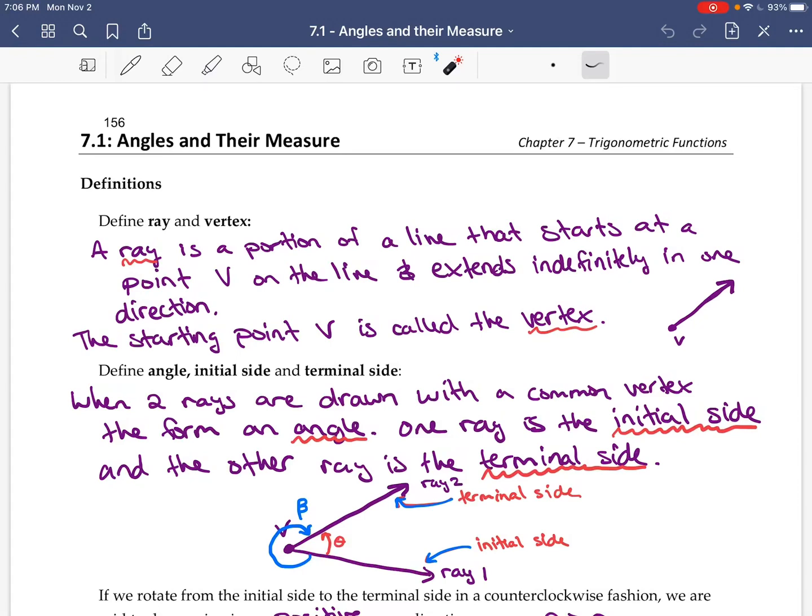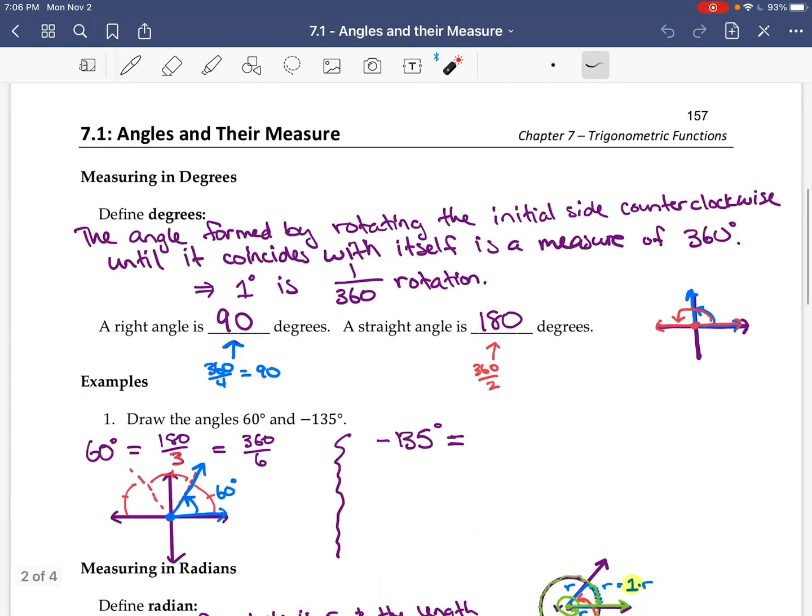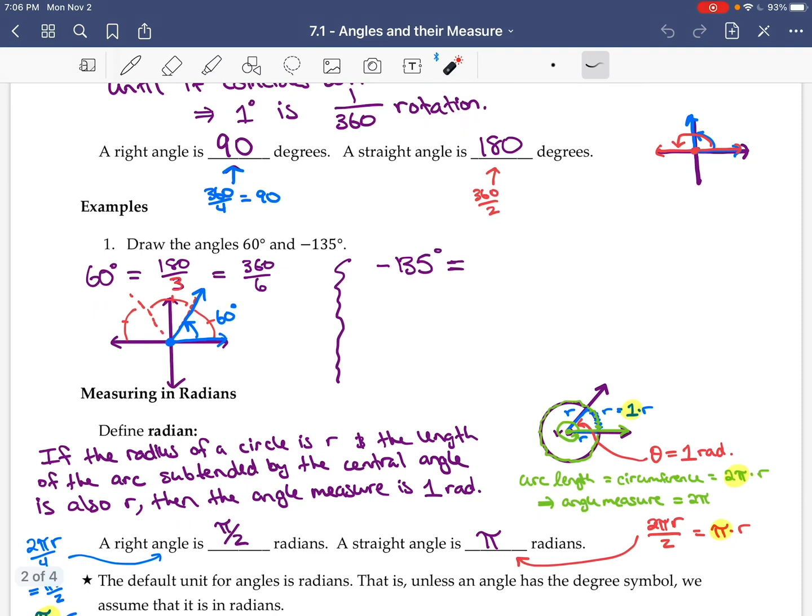In this video, we're going to do a couple of extra examples dealing with angles and how to measure them. So let's start. We wanted to draw the angle negative 135 degrees. So negative 135 degrees is negative 90 degrees minus 45 degrees. So 135 is 90 plus 45. So if we wanted to draw this angle, so in standard position,